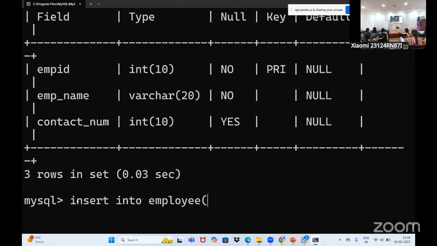So what is the first column I need to enter? EMP ID, some 101, comma, name, comma, contact number. So see here,